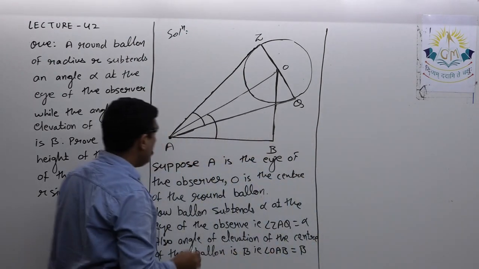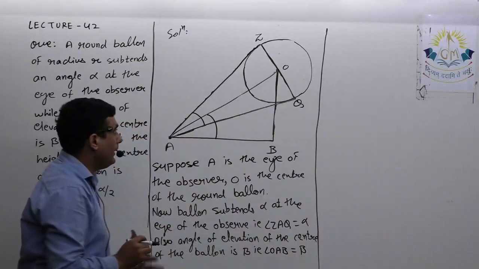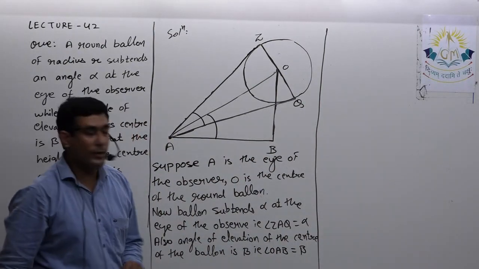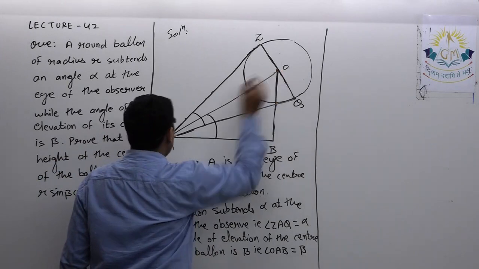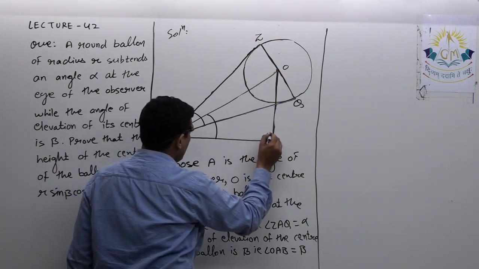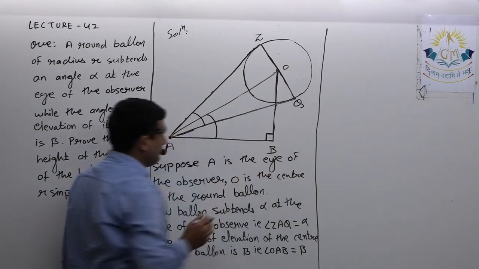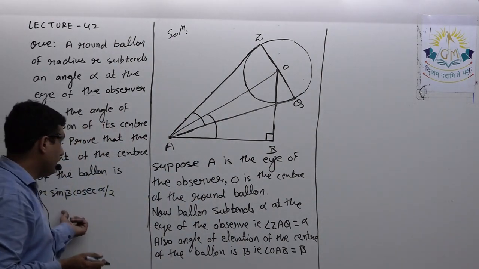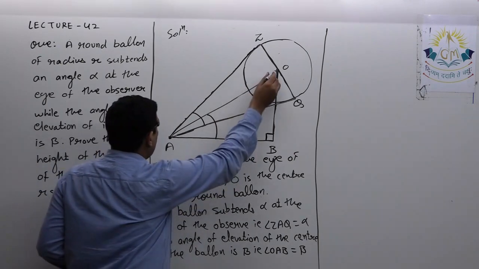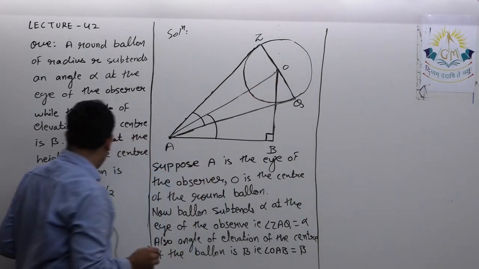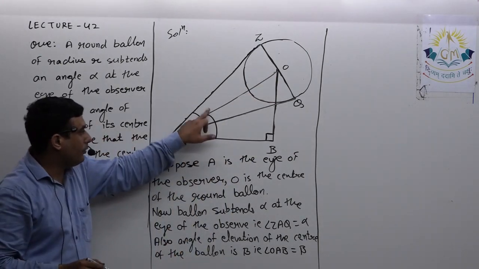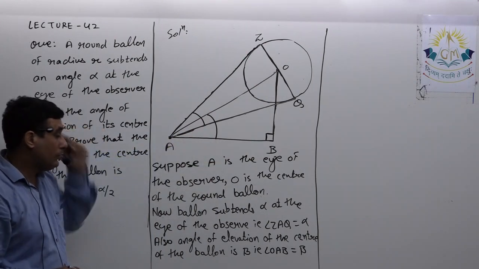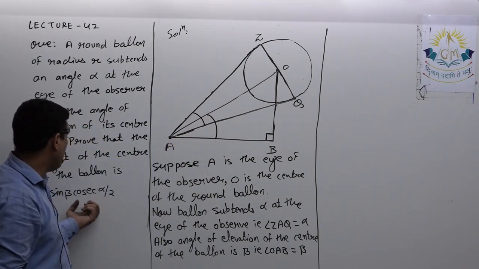Now see, here again we have to apply trigonometric ratio in two triangles. One will be definitely OAB because this angle is 90 degree. Now we need one more angle because here you can see there are both angles. So when I take triangle OAB, definitely I will get something related to beta because this angle is beta. Now how to get trigonometric ratio in alpha.